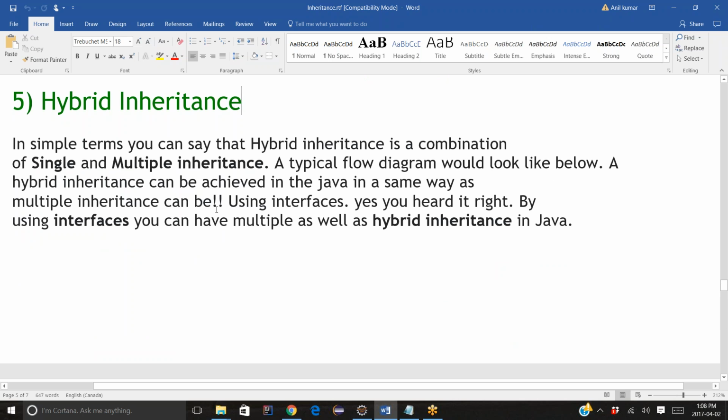So let me, in simple terms, say that hybrid inheritance is a combination of single and multiple inheritance. That is the combination he's talking about. So he's telling us that to overcome multiple inheritance, there is a concept called interface. So we can go directly to interface also,